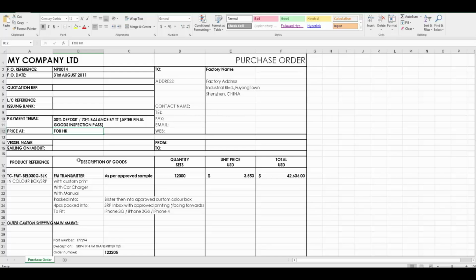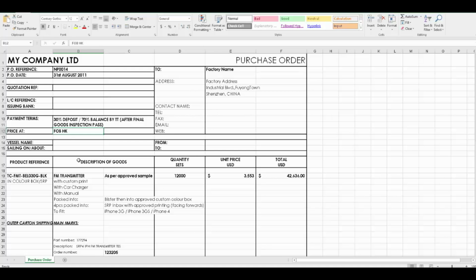But freight on board, FOB, Hong Kong, basically means the factory pays for the delivery or export of the goods from China into Hong Kong, because they function as two different systems. They're paying right the way to get the goods onto the boat, the container ship, all of the associated fees with getting it to there, and then after it's loaded up onto the boat, the costs from the port